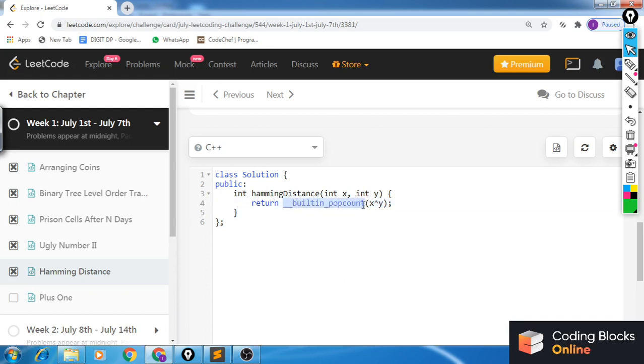It is big O of b, where b is the number of bits in an integer, but the way it is implemented, it uses the architecture of the CPU, so it's in fact constant operations only, and the time needed to evaluate built-in pop count depends upon the architecture of the CPU. It's not a function with for loops or something, so it's almost as fast as the XOR.